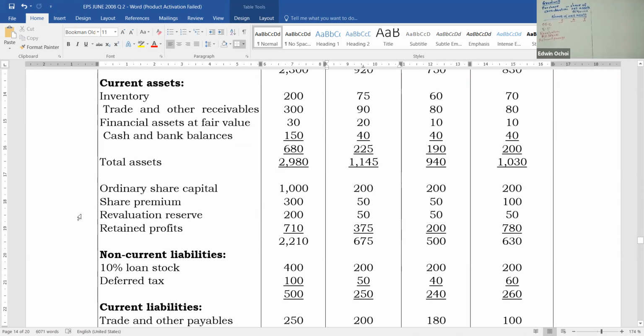So the only thing which you have to use as acquisition date is this one. So revaluation reserve and retained profit, when you are doing goodwill, the figure you always use is the one which is given as acquisition date. So like now when I mean acquisition date, I mean that when